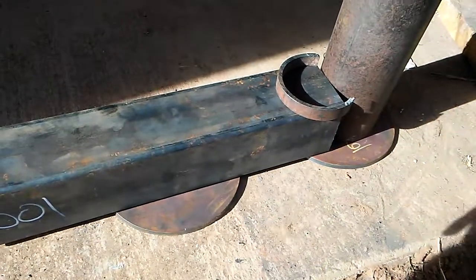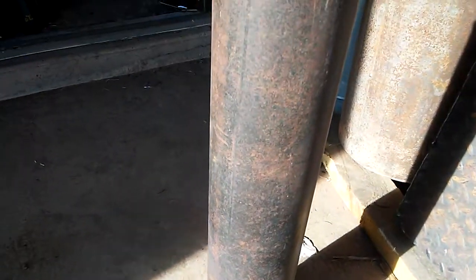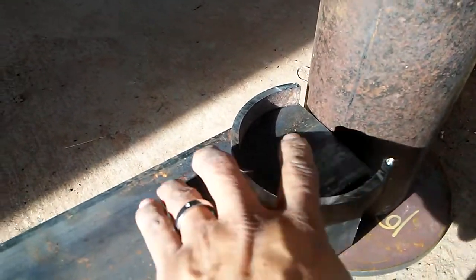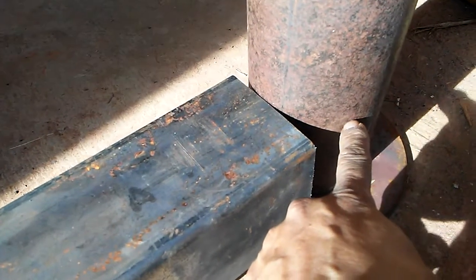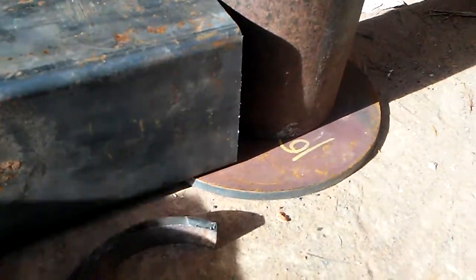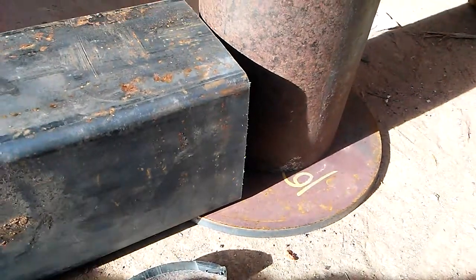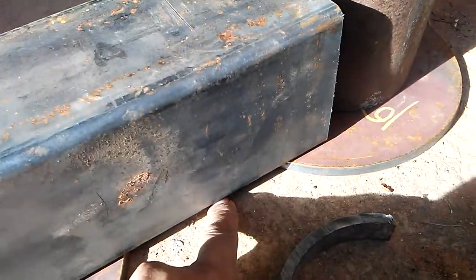Oh, 09 James here. I'm gonna go ahead and make this like this. This is just gonna be my template to mark out on the tube right there. So what's up against this one here? And I'm gonna cut that out, and I'm gonna use this 1/4" bottom round plate. The bottom of that pipe, and it's gonna go inside the burn chamber, and